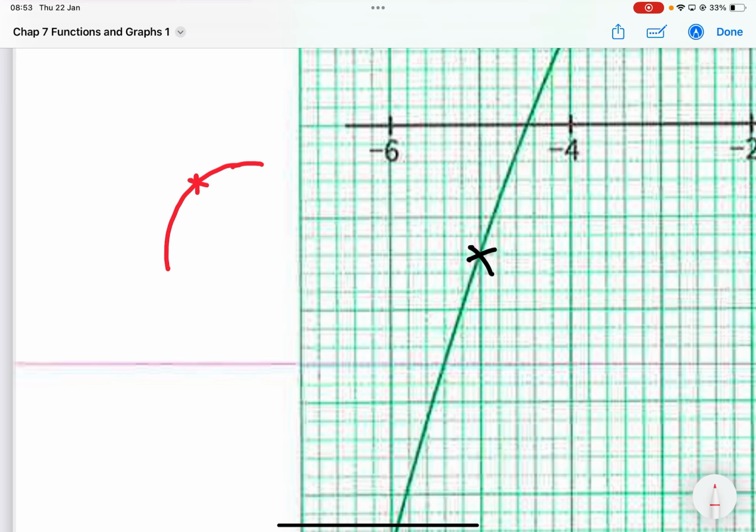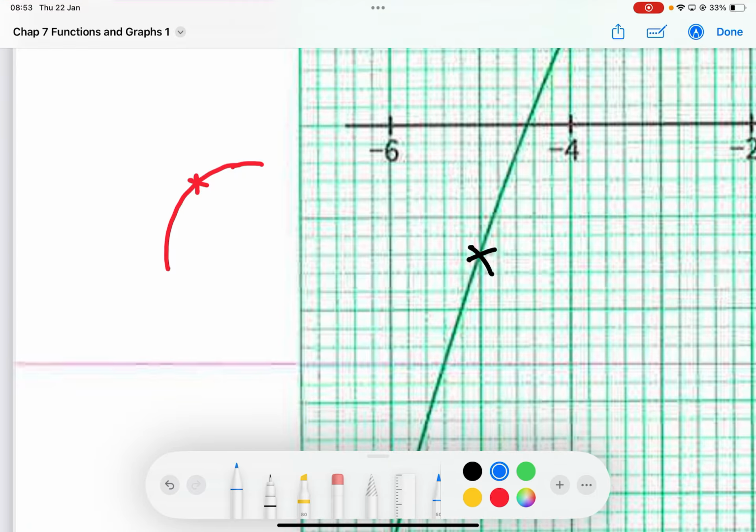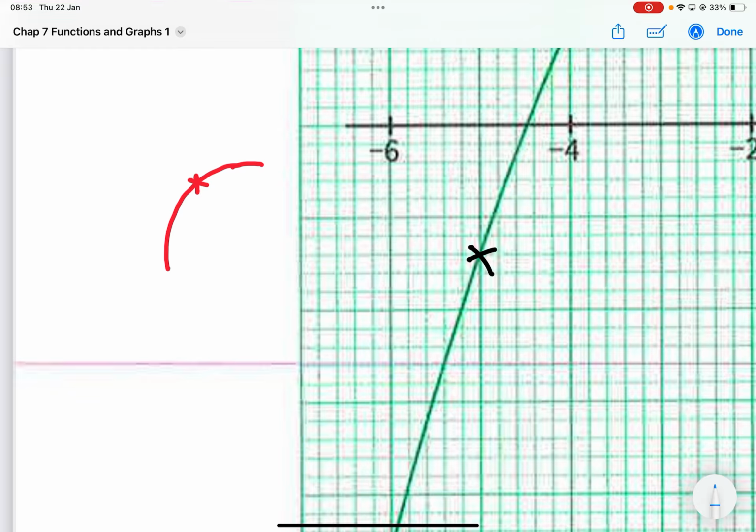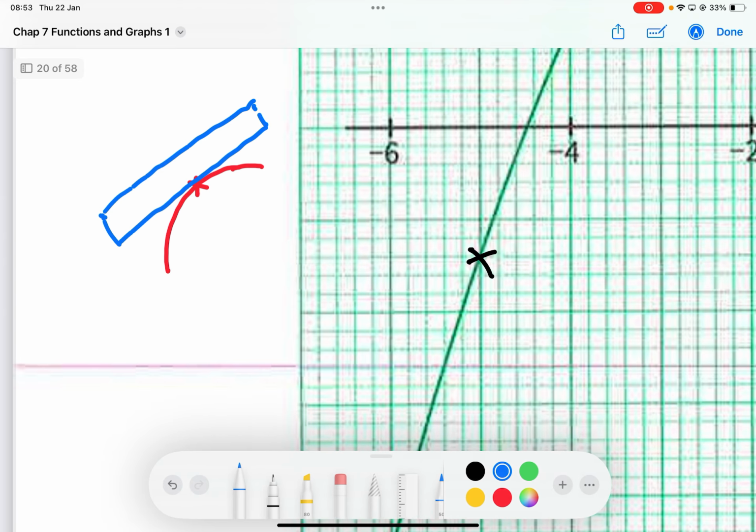When I put my ruler, I want to best fit it touching this point only, and then I move clockwise, anti-clockwise until